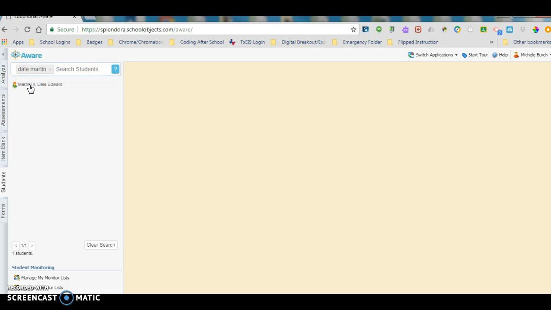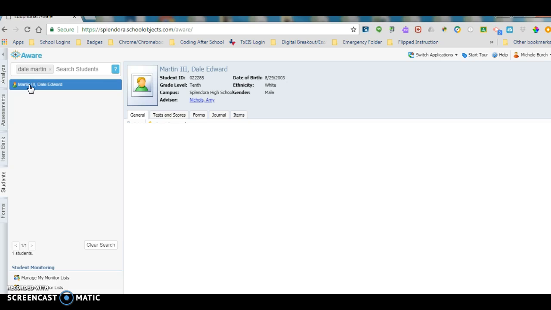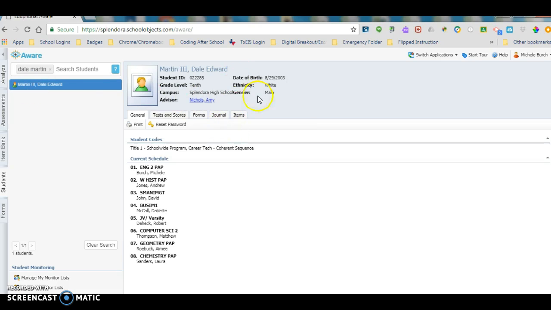We're going to click on his name here, and lo and behold, we get Dale Martin, his birthday, what grade he's in, his student ID. This is his current schedule. This tells me a little bit about maybe what his pathway is or what his sequence is,